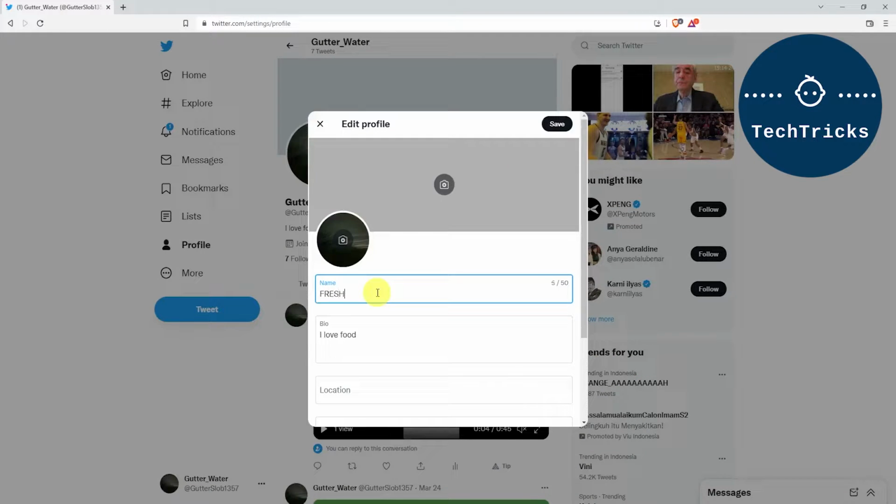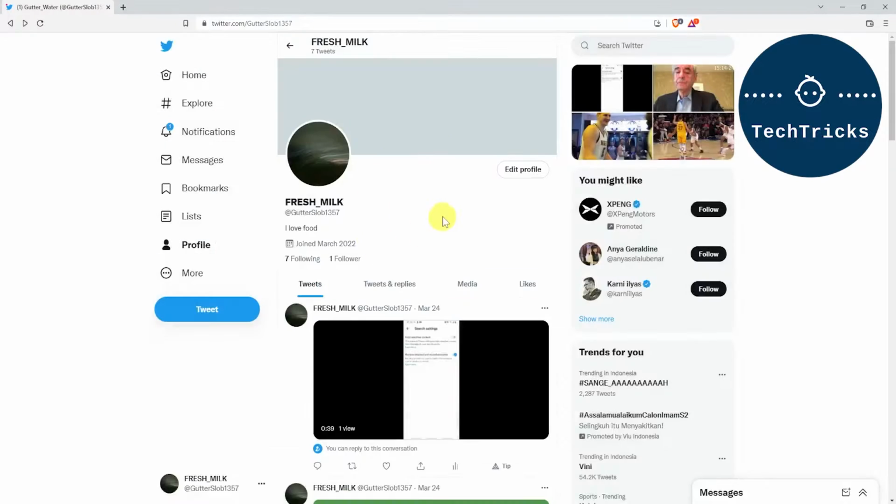I'll change mine to Fresh Milk, and then after that I'll just click save on the top right of it. And now as you can see that my current display name is Fresh Milk. Now in order to change the username, as you can see that my username is